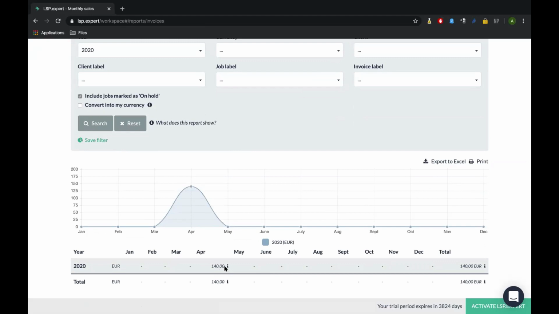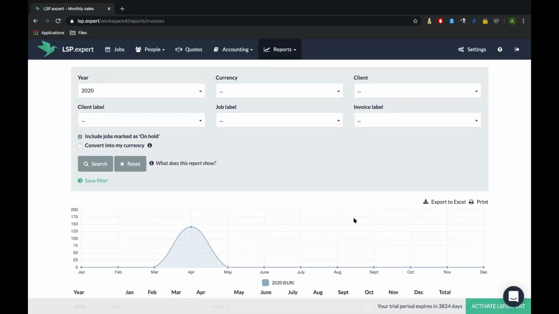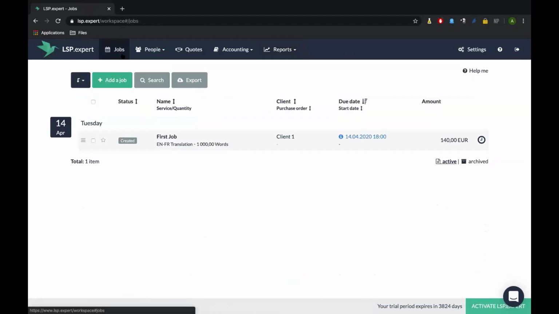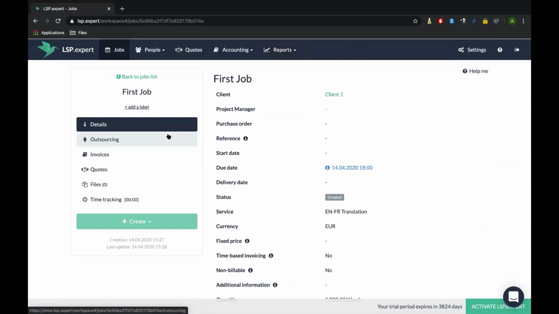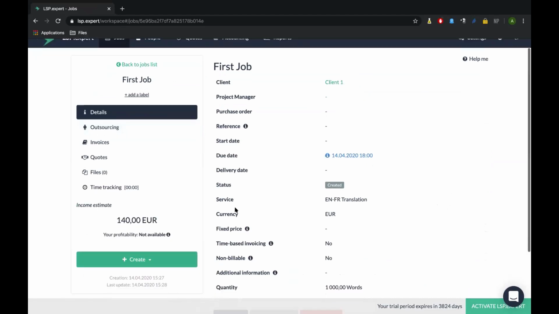You can see here that there is a little I next to the amount because it just calculates it including the invoice estimates. I have not yet invoiced this job, so when I will have done that, the I will have disappeared. I'll show you that later, okay? So I have my first job for my client number 1. I know that I should ask for 140 euros.